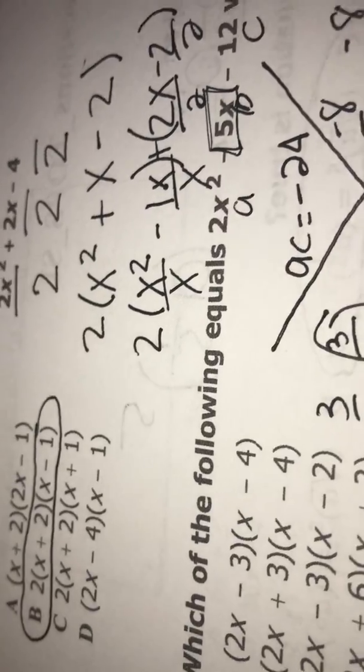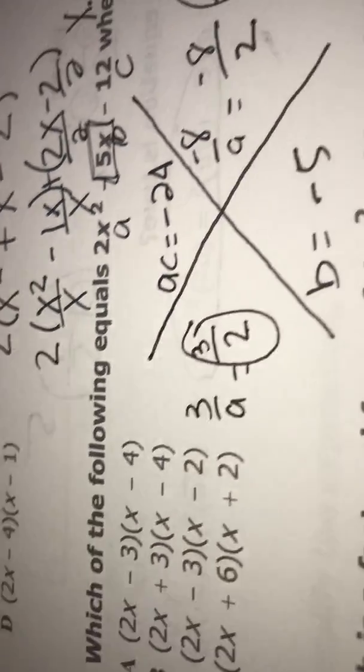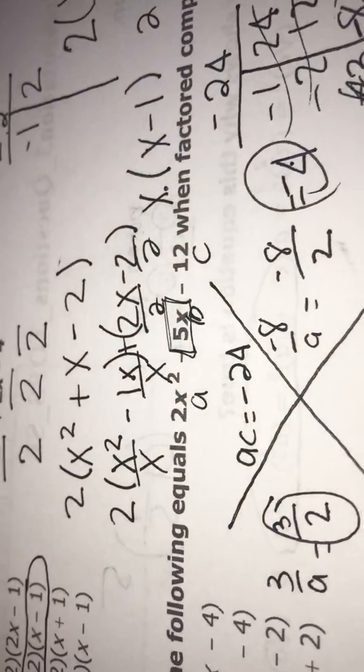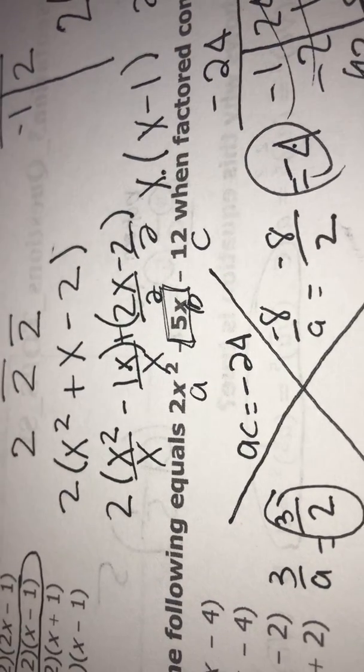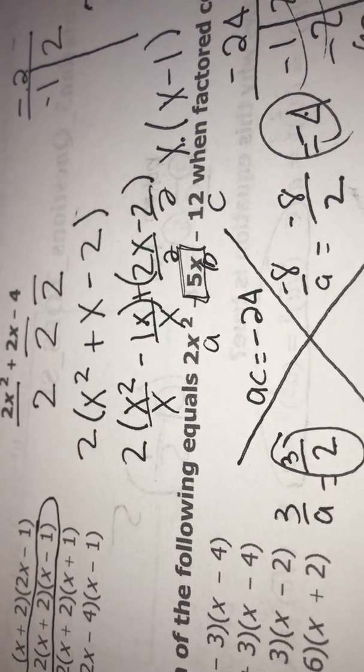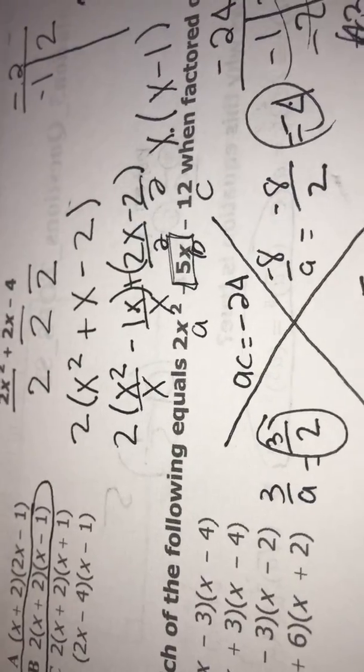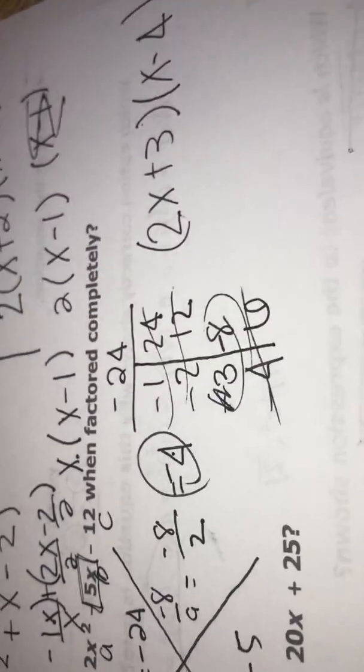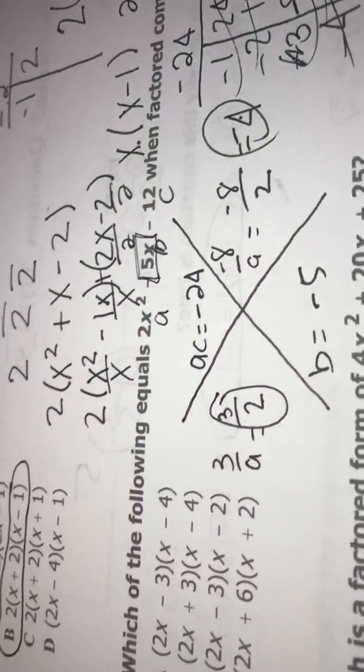And this one is a negative 4, and so we bring that over, and the negative 4 goes in the back, x minus negative 4. So our final answer is 2x plus 3, x minus negative 4, and that gives us the answer